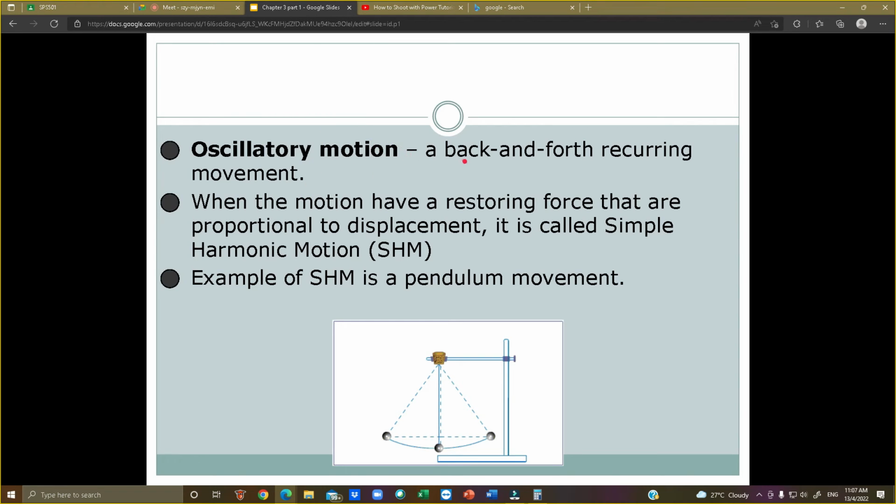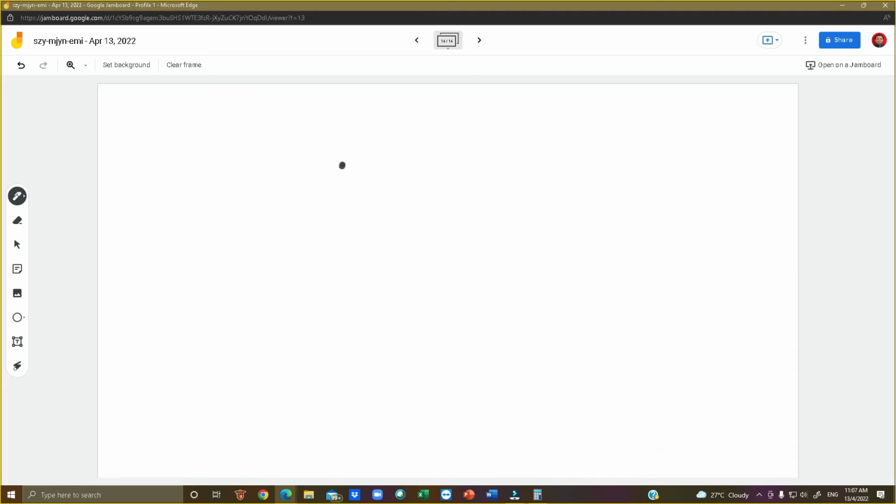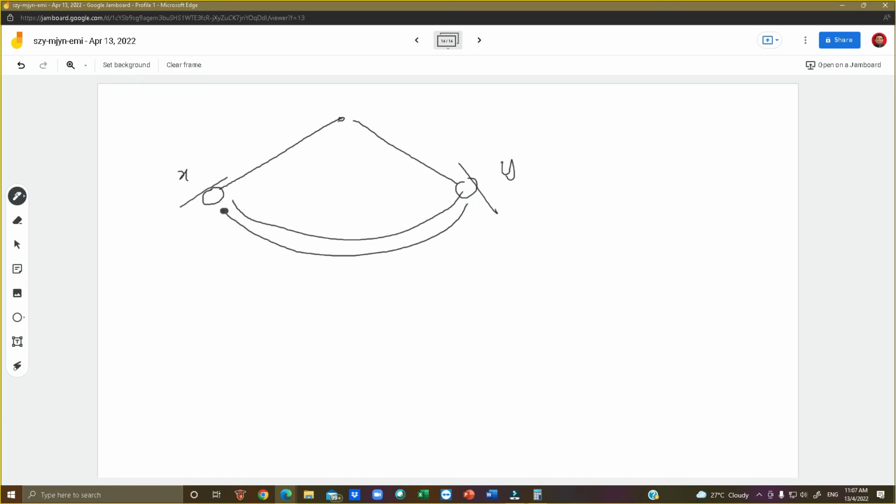Oscillatory is back and forth recurring motion, so motion that moves forth and back. It goes like this. Say we have an object, and we lift the object to a certain level. We name it X. And then we release the object, so the object will move to a point where we name this point Y. And when we talk about an oscillatory object, this same object will return to X and back to Y multiple times, doing the same thing, forth and back. And if we neglect friction, it won't stop.